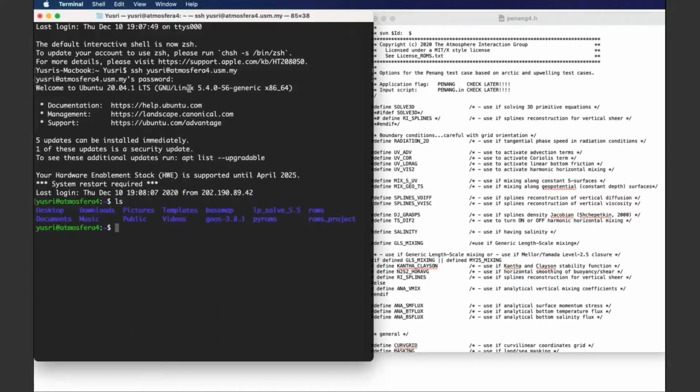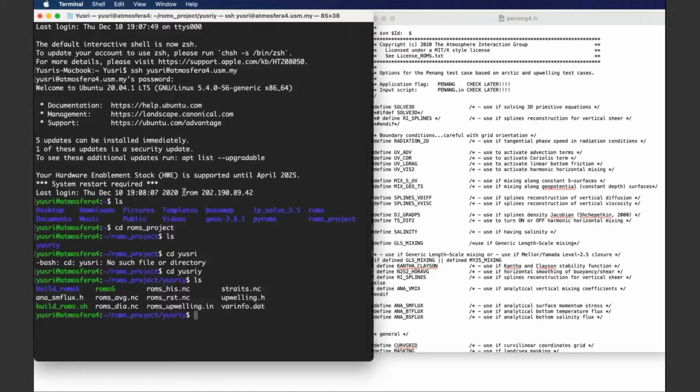All right, so I logged on to the server and now I am going to the ROMs project folder. Okay, now in here we first need to